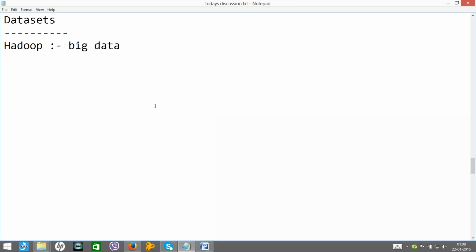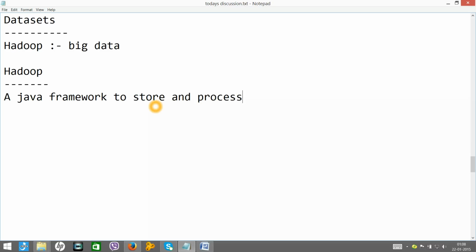Now Hadoop is basically, as I said, a Java framework to store and process a huge amount of data. Huge means no limitation. It is limited to your hardware only, but the more hardware you add, the more powerful it becomes.